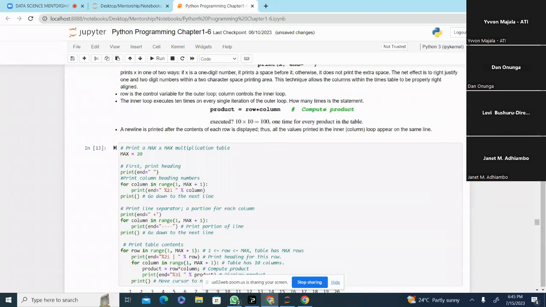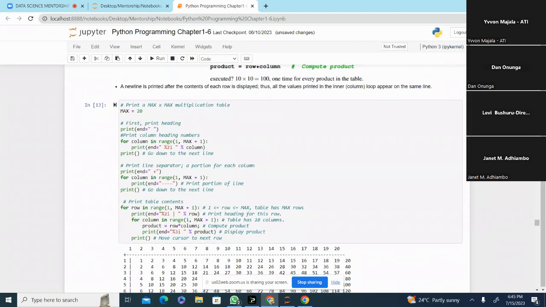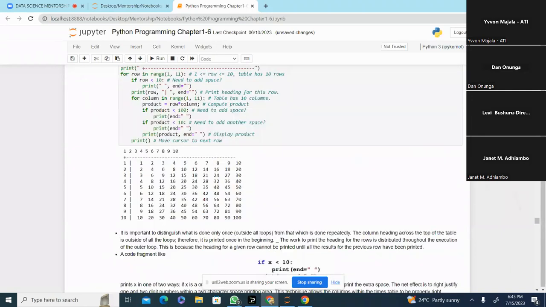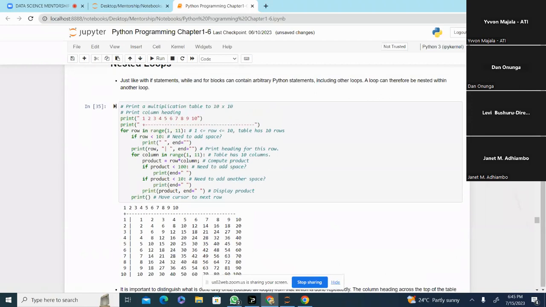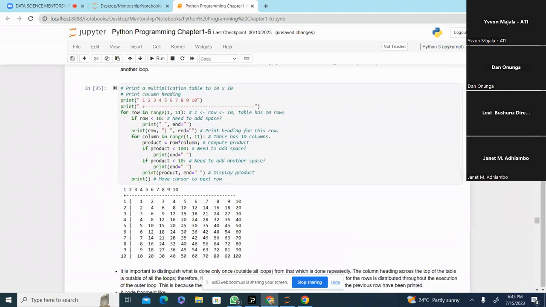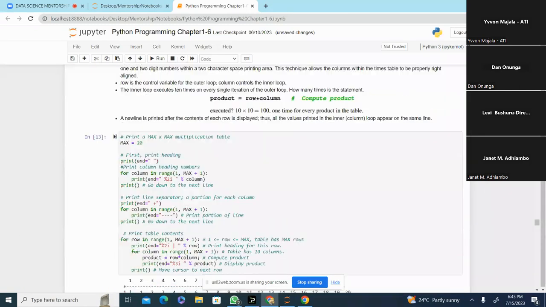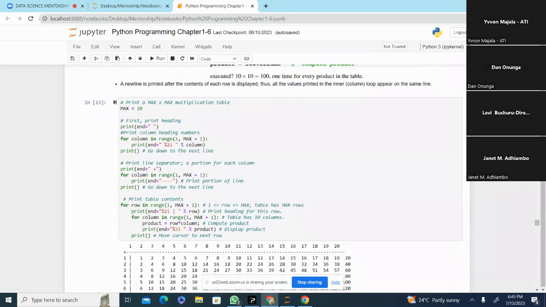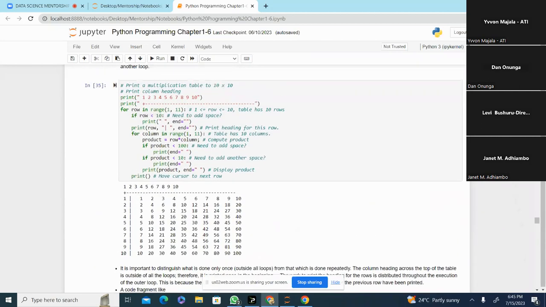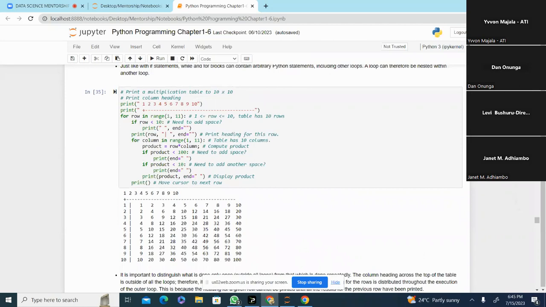The second example is where you can make the same program, but in this first one, you are just restricting it to a 10 by 10. But in this second one, you are not restricting it. In this second program, it can make a 10 by 10, an 8 by 8, 15 by 15. It can make any table that a programmer wishes. The difference between this second one and the first one: in the first one, we used for range 1 to 10, but we didn't set the